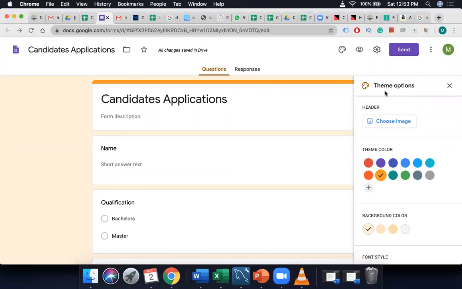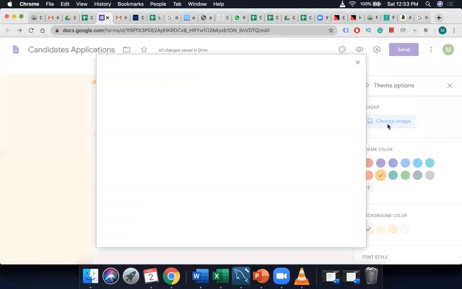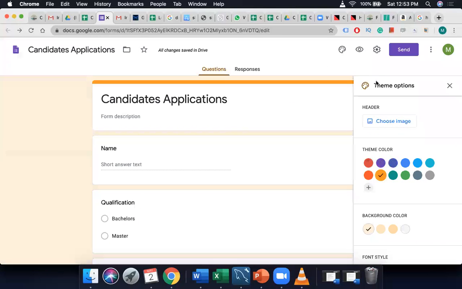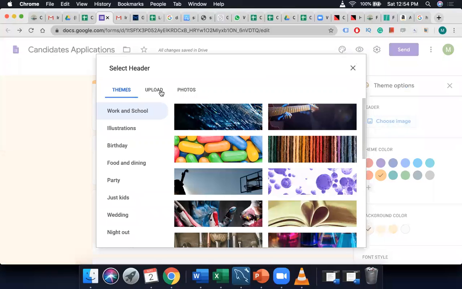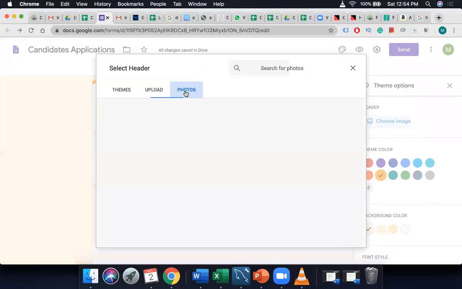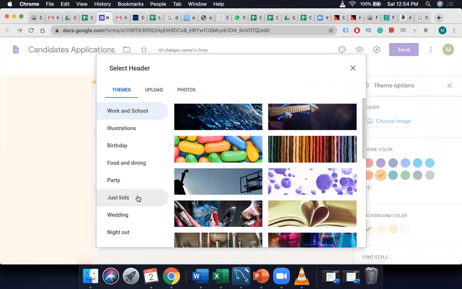And there is a header. In the header, you can choose images as well. So go to header, choose image. Either you can upload from your system, or you can go from the themes.